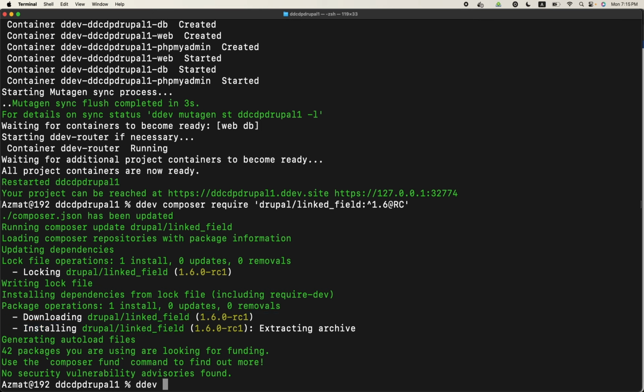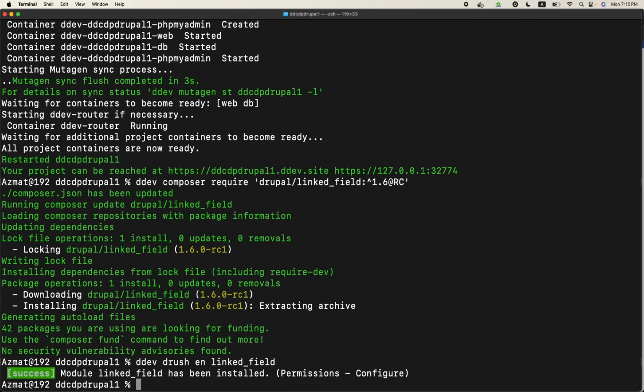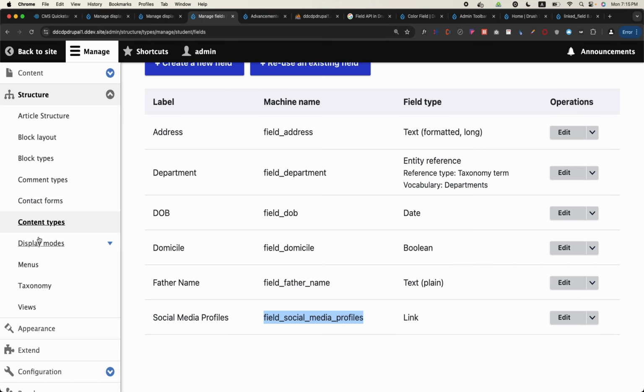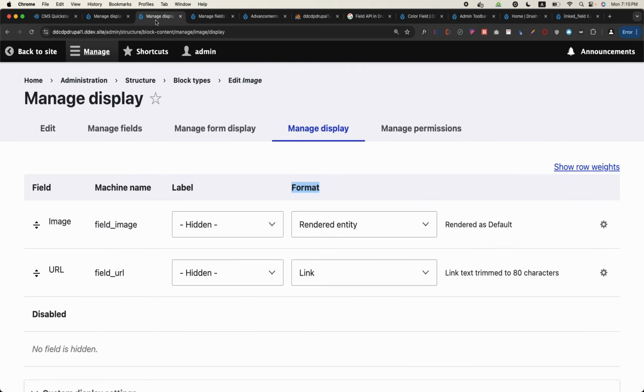The next step is to run drush en and this module, linked field. Once you download it via composer, the next step is to enable it. You can enable a module from the extend screen also, or directly from Drush. Okay, the module has been enabled, and again each module has its own target area. If this is the linked field module, it means somewhere here in the field interface you will have its functionality, not everywhere else. So if I refresh the page,